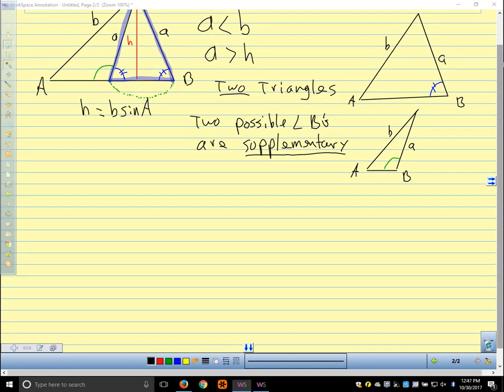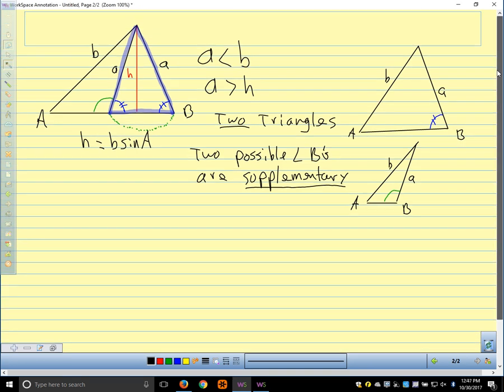Yes? So when we get our answers, is it like we give them two definite answers? Yes. Is it possible to give more than two? No. Okay. Just two. You get 1, 2, or 0. Okay. And if A is obtuse,